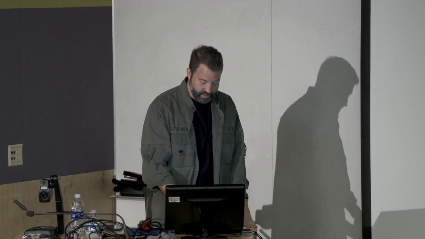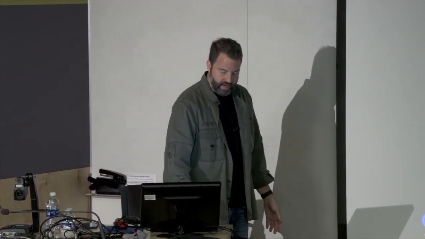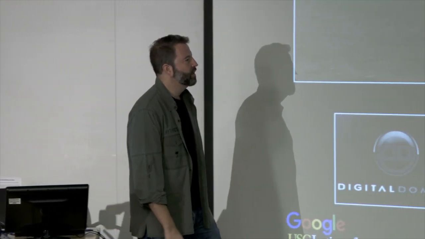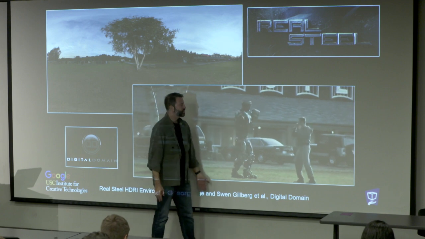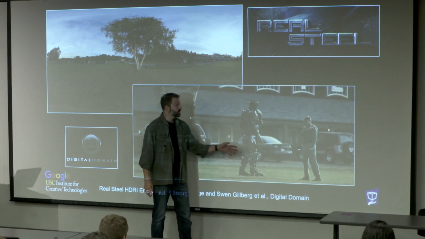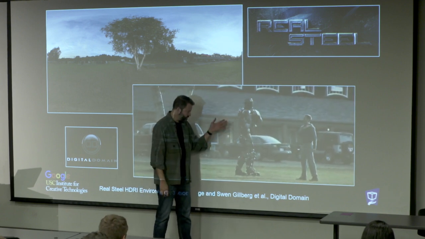And to my surprise, this kind of technique of going out there with a mirror ball or taking a panorama, shooting HDR, and lighting your objects with it, it actually did pick up in the movie industry as a way to do this kind of thing. And it continues to this day. It really is sort of a standard process for lighting a CGI character that you're going to add to the scene. So this is like Hugh Jackman shadow boxing with his